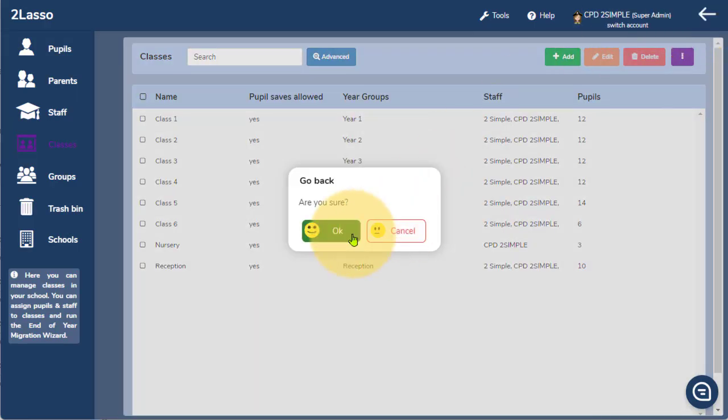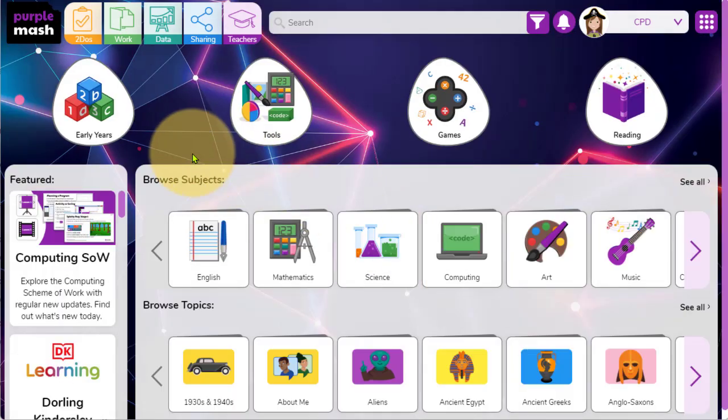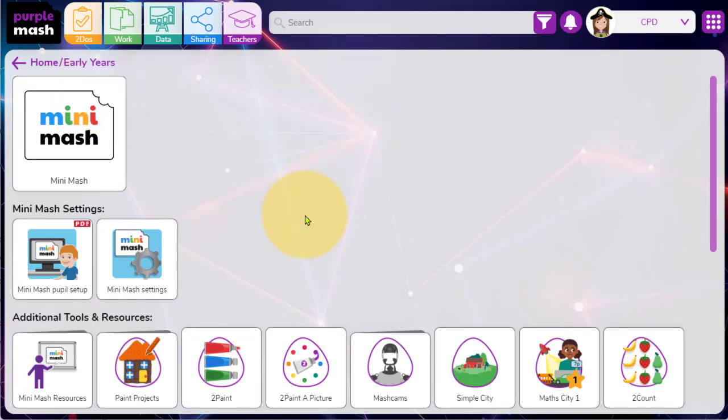Once you're happy that your children are on the system, you can then get them set up easily within the Purple Mash Early Years area from the home screen. Clicking on the egg takes you to the settings area. If I click on the Mini Mash settings icon here,